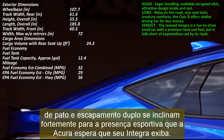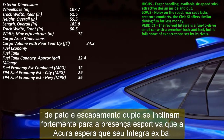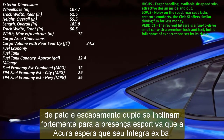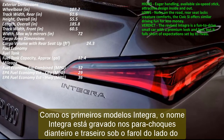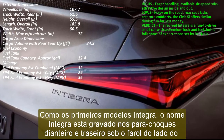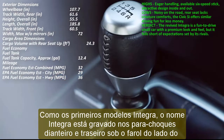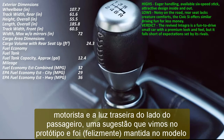A similar feature is only available on top-spec Civics. A 7.0-inch central touchscreen is standard, though top trims get a 9.0-inch touchscreen. The smaller display comes with wired Apple CarPlay and Android Auto, while the bigger screen adds wireless connection with Amazon Alexa integrated. Those who select the A-Spec with the tech package will also get a head-up display and 4 USB